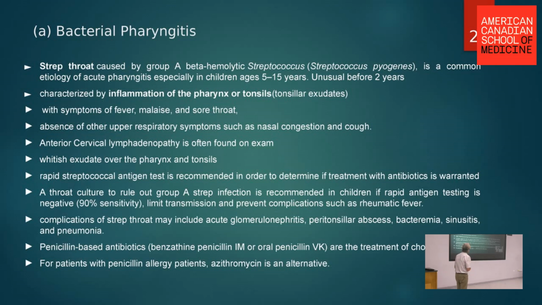White exudate over the pharynx and the tonsils. There are these rapid strep antigen tests that you can do, a quick strep swab. Generally about 90 to 95% accurate for the quick strep. If you have somebody that clinically looks, tastes, and smells like strep, and you do the quick strep